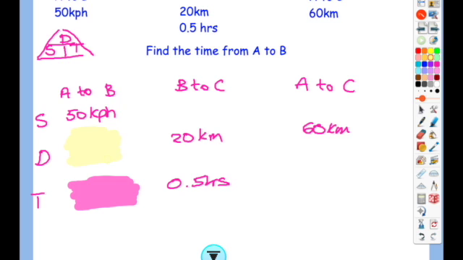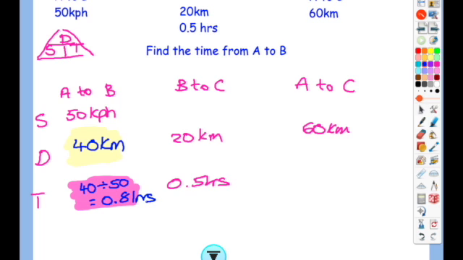So I can find my missing distance because I know how these are put together. And I know that if A to C is 60 kilometers and B to C is 20, that means the distance of A to B must be 40. Because going from A to B and then B to C has to be the same as going A to C. I can then find my time. To find the time, I'm going to do distance divided by speed. So I'm going to do 40 divided by 50, and that's going to give me 0.8